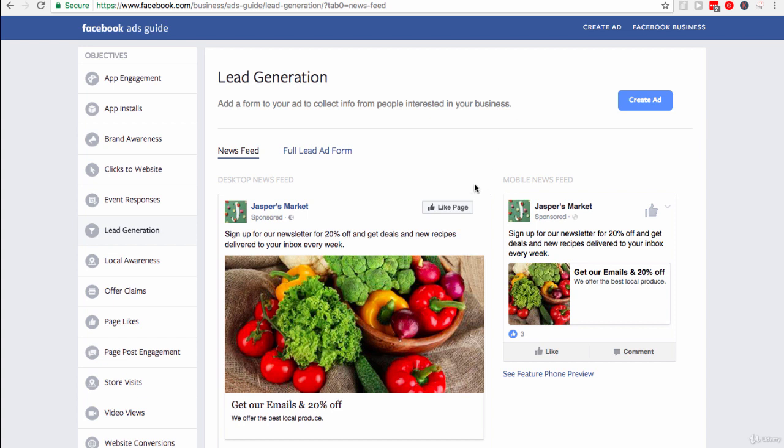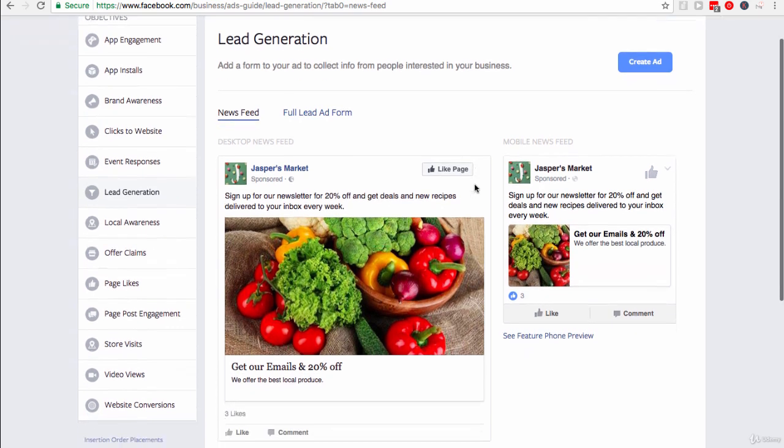Now, if we look at how it actually looks here, you can see that this looks like a normal ad. Nothing looks any different to maybe a clicks to website ad. It's just an image that you click on. However, the big difference here is what happens after the click,